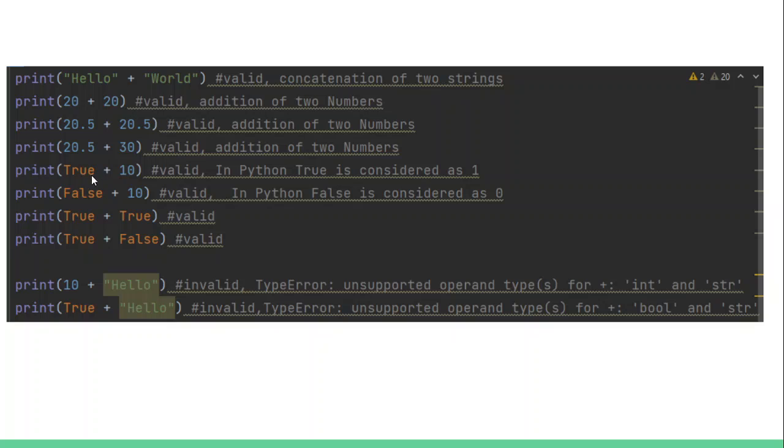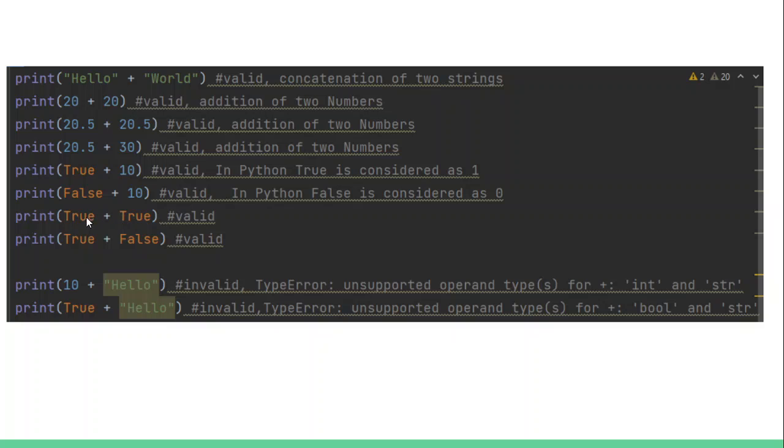Similarly in Python, a boolean value is treated as a number, that is true is treated as 1 and false is considered as 0, and we can combine those values with integers or numbers, right? So if we simply print true plus 10, it will return 11 because true is considered as 1. So these are also valid statements. Similarly print true plus true, right? So true is 1, this is also 1, so 1 plus 1 it will return 2.